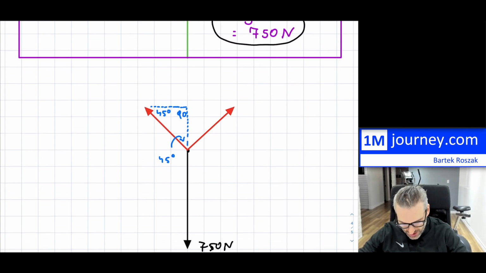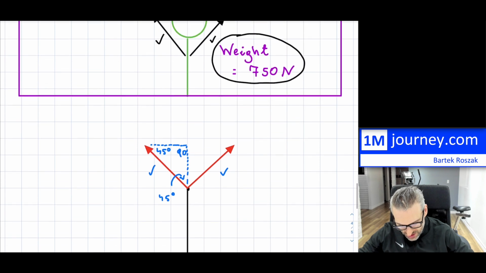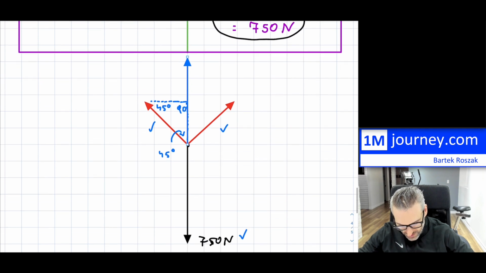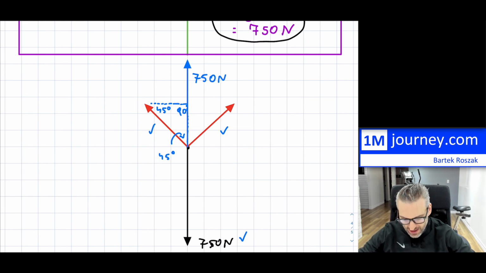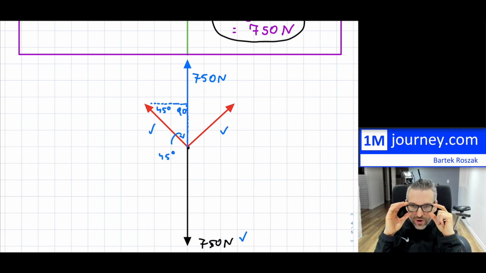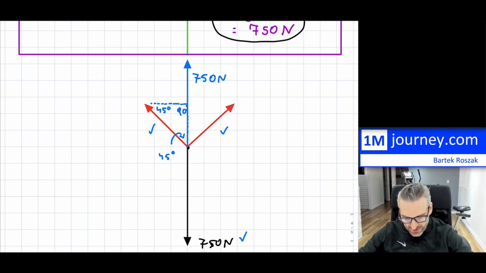So I have one force, and then I have that force which is being spread over into these two components. So that's the y component. Obviously, this is going to go in the opposite direction to equal that off. So this is going to be 750 newtons in this direction, and that's going to be spread out in half between the two. So that's a very interesting question here. So 750 spread into these two components that we have here,